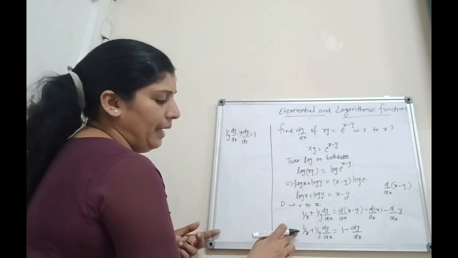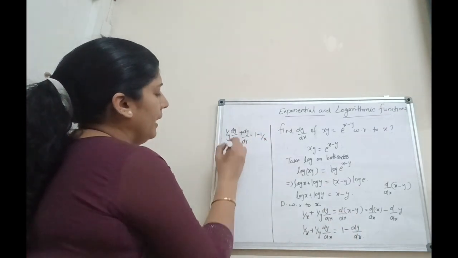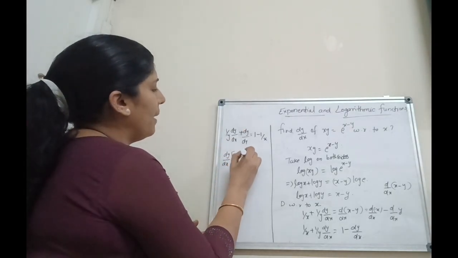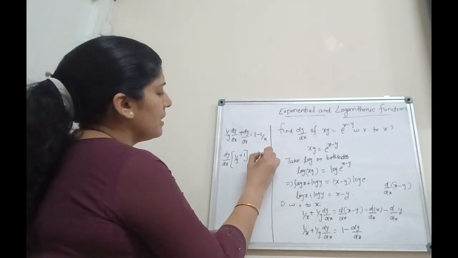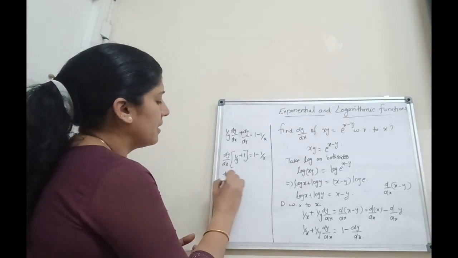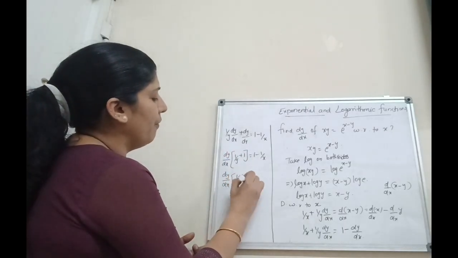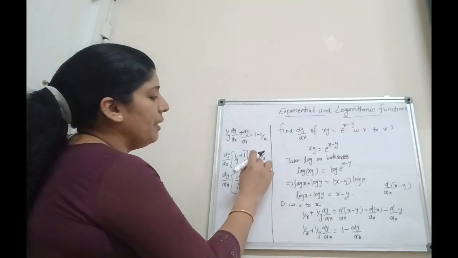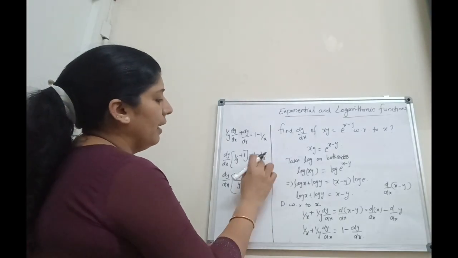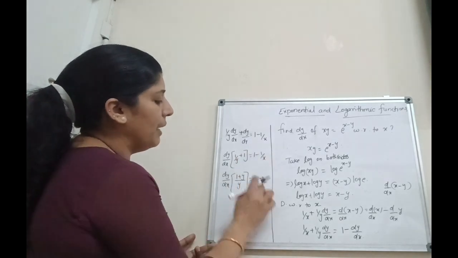Then now here 1 by x. Then take it as this side, that is minus 1 by x. Here dy by dx is common. Then take it as outside: dy by dx into 1 by y plus 1 equal to what? 1 minus 1 by x. Then dy by dx into 1 by y plus 1, that is 1 plus y by y, equal to what? 1 minus 1 by x, that is x minus 1 by x, with x as the common denominator. Therefore, x into 1, that is x minus 1 divided by x.